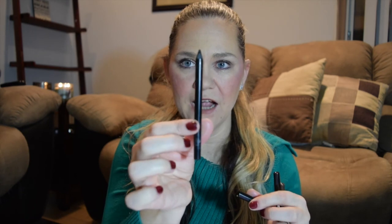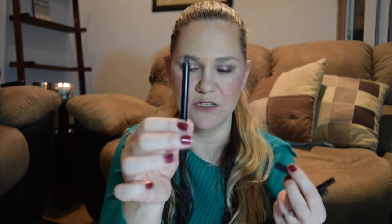I don't know why I don't use eyeliner very much. This is my Samita Beauty. I'm not sure of the shade. It's a really, really dark black. I have used this and sharpened this several times, so this has definitely gone down, but I find this very difficult to use on my waterline with my contacts. I feel like it transfers and my contacts get very cloudy with this, but I love it, so I'm going